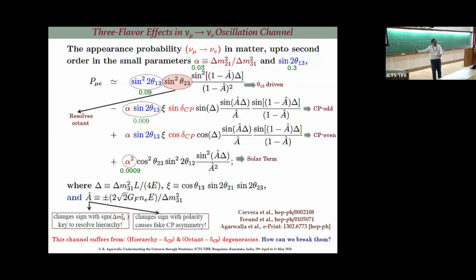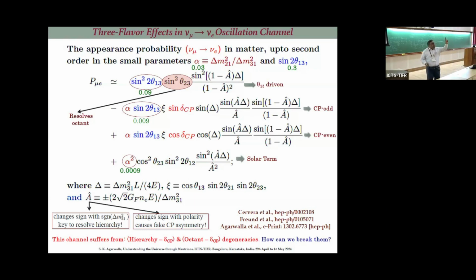What we have done here, so stare at it, I wait for 10 seconds. Take a look at this formula, because I can spend 2 hours only on this slide. Everything is there. If you take this slide, go there and come here, you will find one problem. Believe me. So just stare at this and then I will start explaining. So what is this? Here we have written the appearance probability.